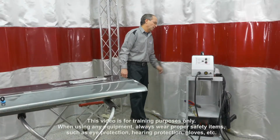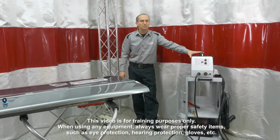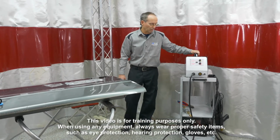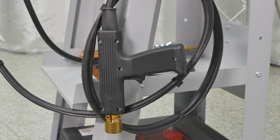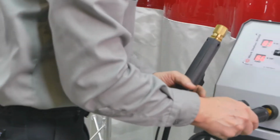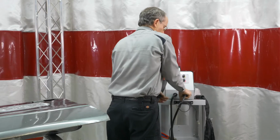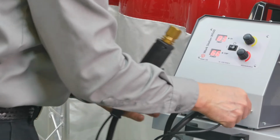So we start off with power on in the back. This does run off 110 volts, so it's relatively nice to roll around the shop. When the unit comes on, we'll assemble the gun assembly. Ground wires are already attached to the machine. Power cord goes in. Twist and lock, little control button, lines up, only goes in one way,